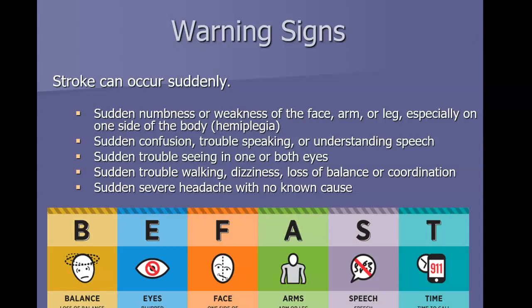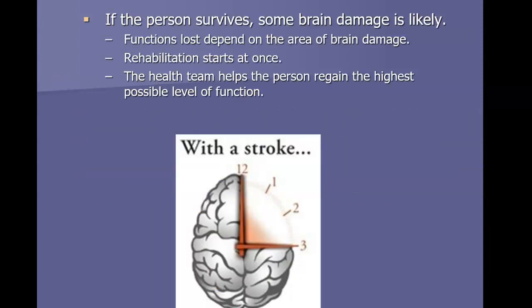And then time. We always want to note the time of when they were last known to be normal, because we do have a lot of treatments that we can do for strokes now, but some of them are time dependent. And if you don't get the treatment started within a certain amount of time of the onset of symptoms, the risks are going to outweigh the benefits that the person might have. So it is really important, really critical that we teach people if they're having anything like this, they come in immediately and get help. And we would prefer them to call 911 than to try to drive themselves or have a loved one drive them and potentially get in an accident.